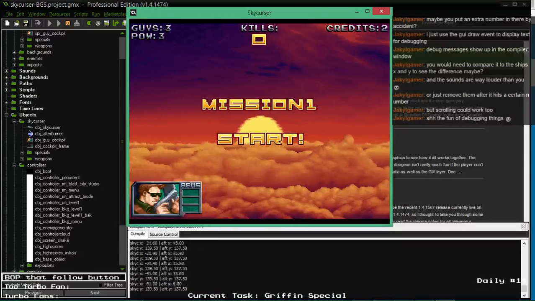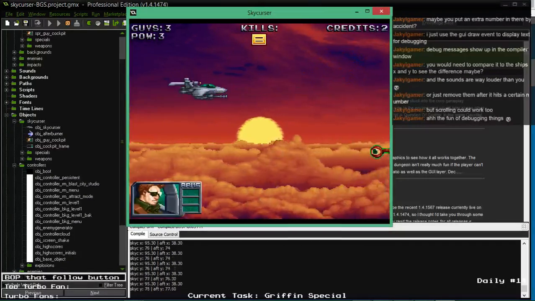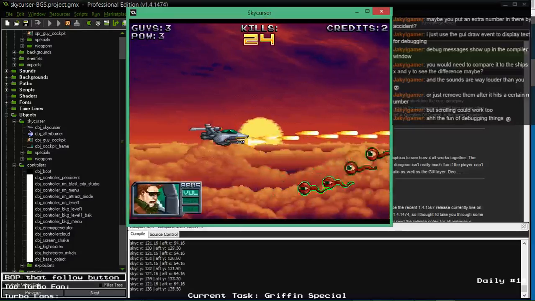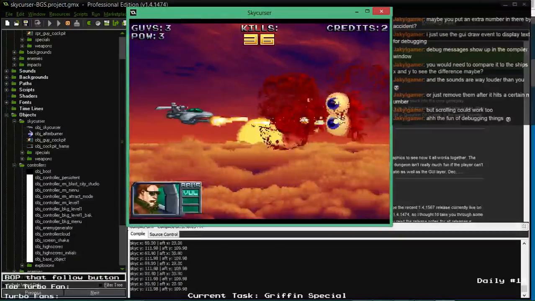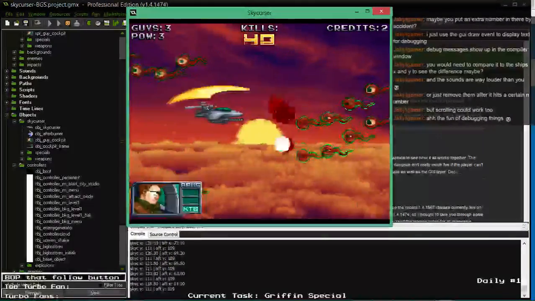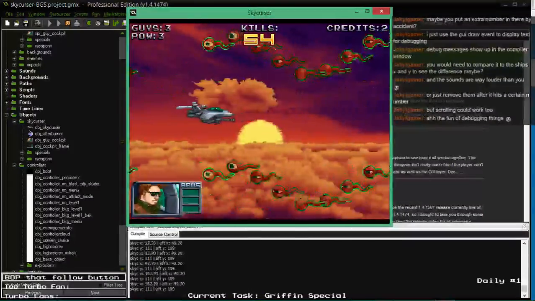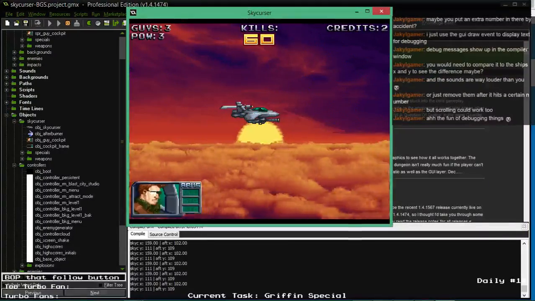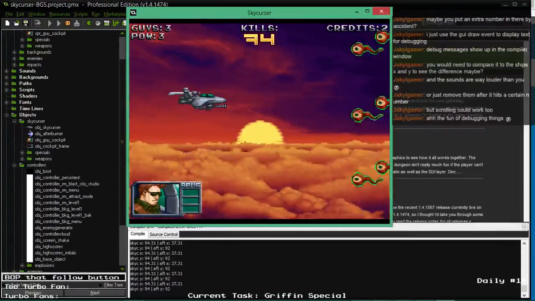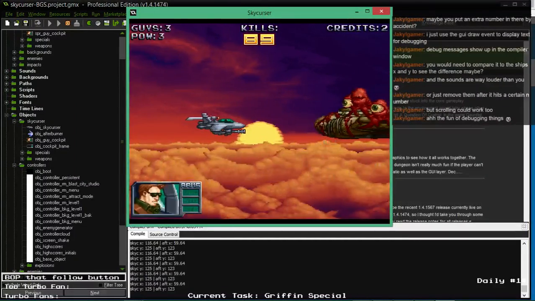Skycurser. Mission 1. Death at dusk. Go! It's not there. Y position is changing as I'm going down, as expected. X position is moving as expected, about 50 to 60 different. Maybe,